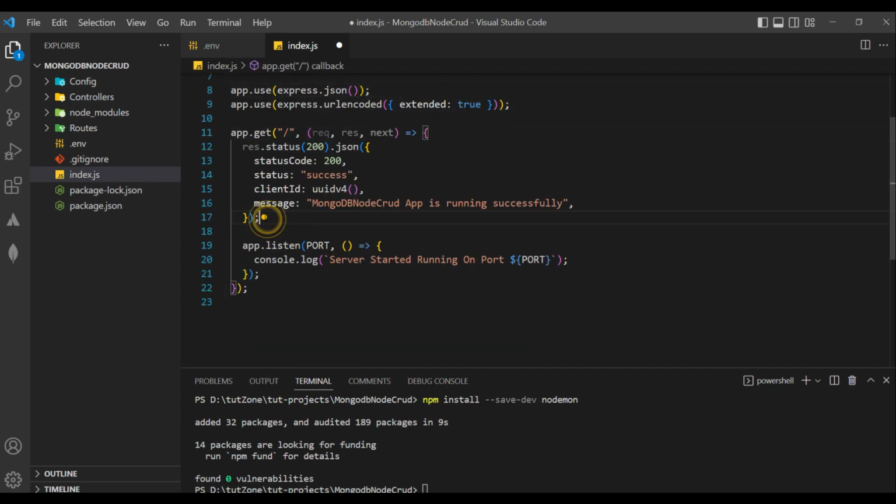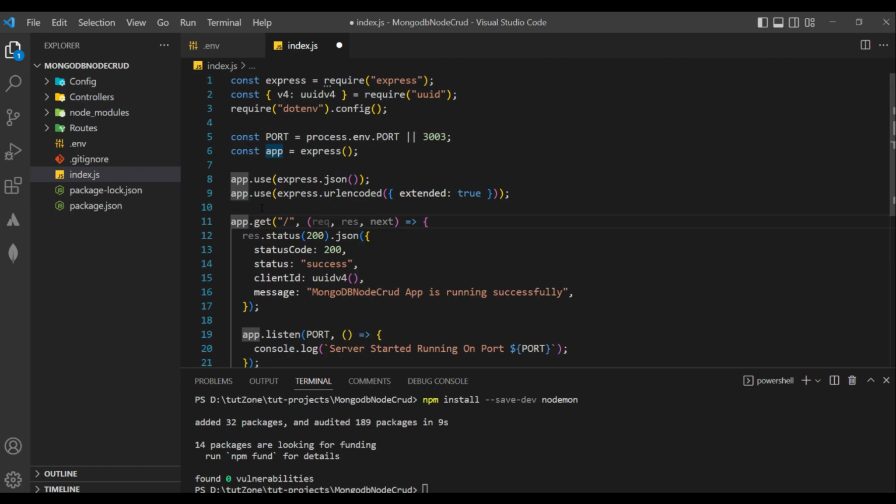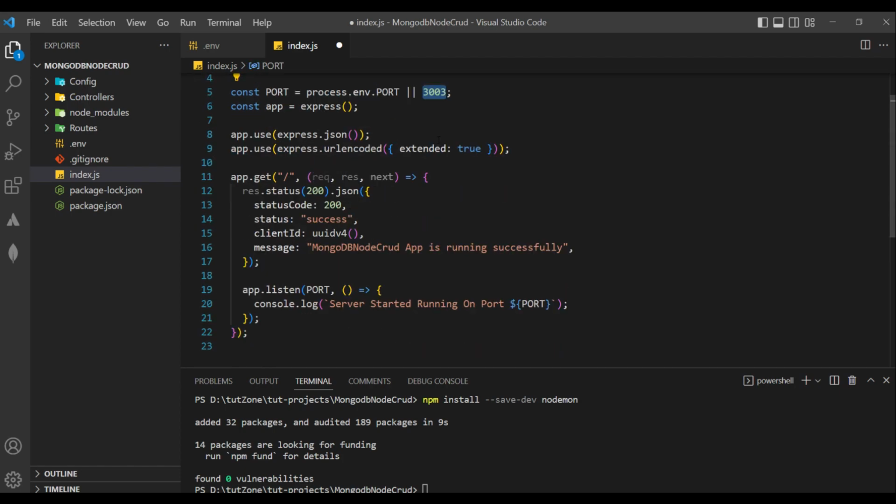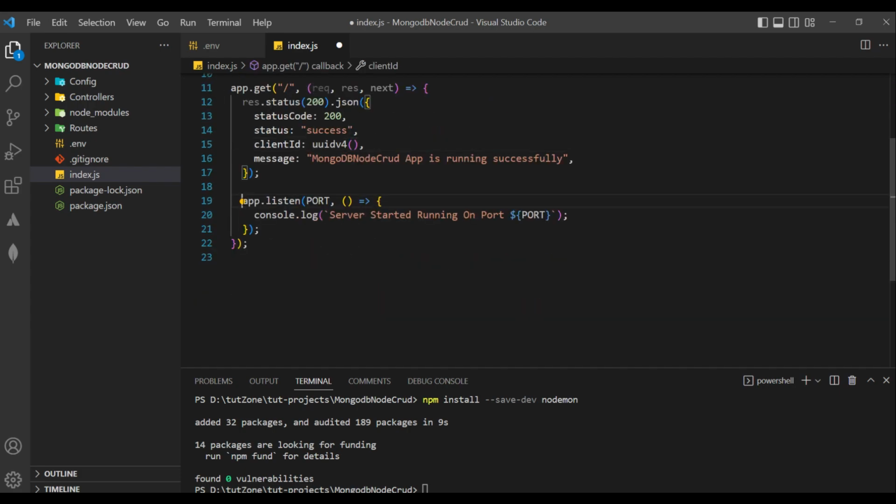And this is our basic pingable GET request, that whoever pings our server with this host and this port number will get this response. Finally, we are listening on the server on port 3003. So now only one step is left to run the server. First we will save this. Then we have to go in